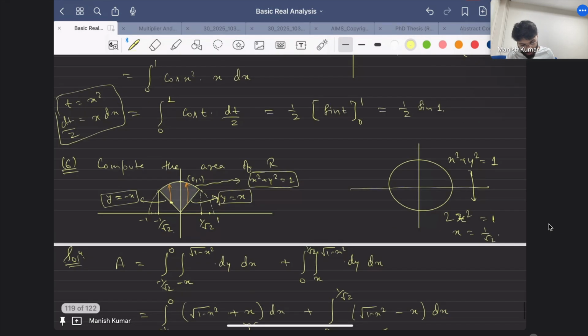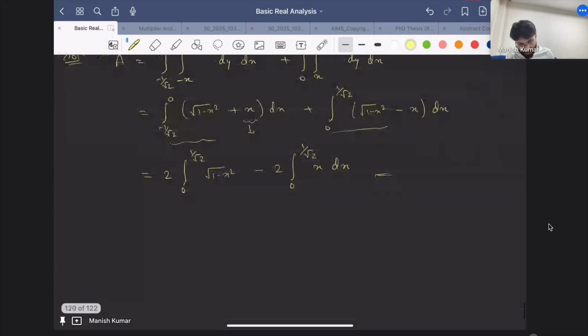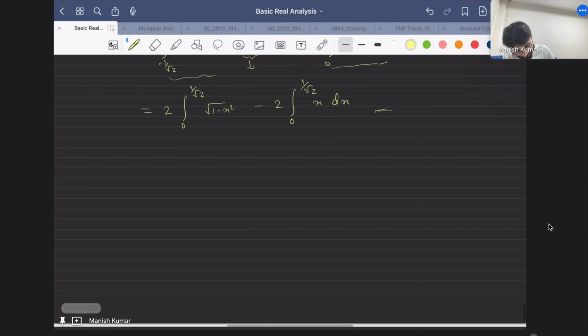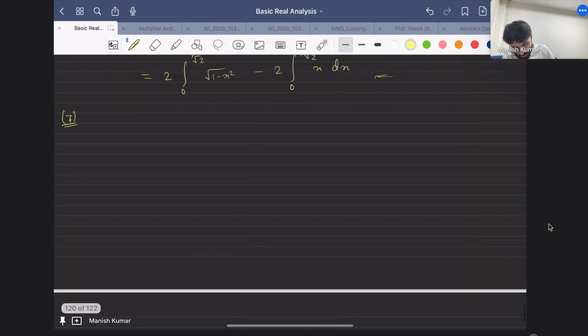Okay, so let's go to the next problem. So up next we have this. You have to evaluate the following integral. Okay, so this is x d of xy over R. Okay, so now R is this